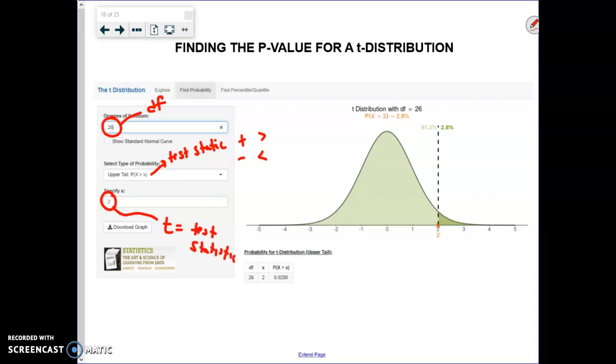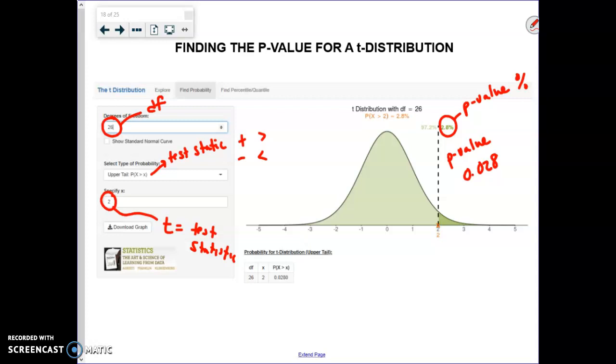Now, for instance, I went ahead and typed this in. You'll see that right here, in other words, a p-value measures the probability that you will get another sample that is more extreme than yours. This right here is your p-value written as a percent. Now again, we don't want to do that. We want our p-values to be written as a value between 0 and 1. So the actual p-value here, if you write that as a value between 0 and 1, you change that over to a decimal,